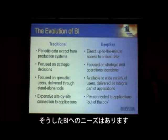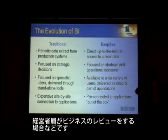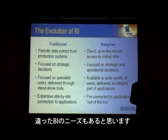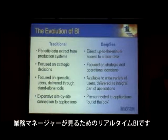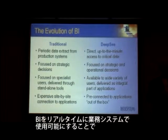There's a real need for that kind of business intelligence. There's a need for executive level, board level review of business operations. But I think there's also a need for a different kind of business intelligence, a real-time business intelligence, something aimed at the operational production manager. We believe that by